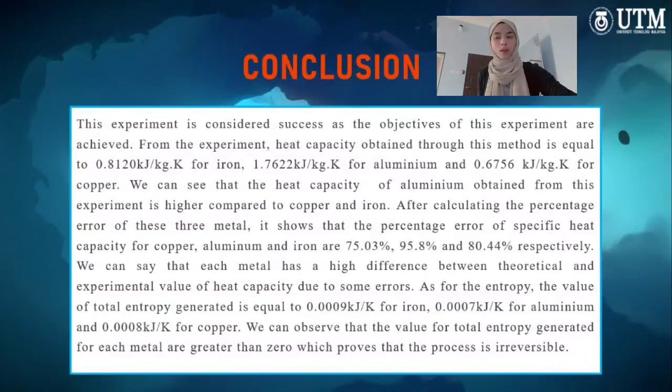As for the entropy, the value of total entropy generated is equal to 0.0009 kJ per K for iron, 0.0007 kJ per K for aluminium, and 0.0008 kJ per K for copper. We can observe that the value of total entropy generated for each metal is greater than 0, which proves that